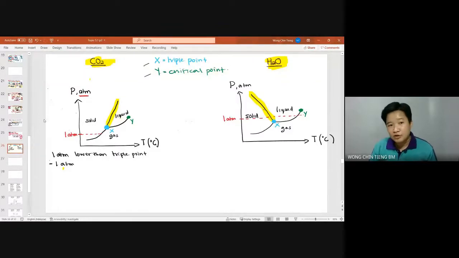When you draw, your critical point cannot be higher than the solid-liquid curve. The highest one must be the solid-liquid curve. See? It sits the highest. Your critical point cannot be higher than it. Okay? So again, your solid-liquid curve must sit the highest, and your critical point cannot sit higher than it. That's the only condition. Okay? Alright. So in carbon dioxide in our daily life, if you realize, your carbon dioxide at 1 atm,